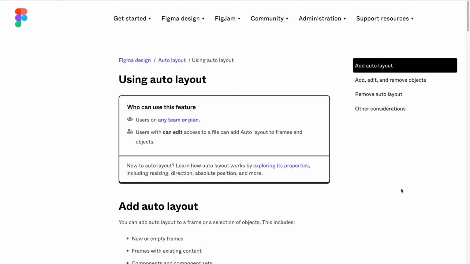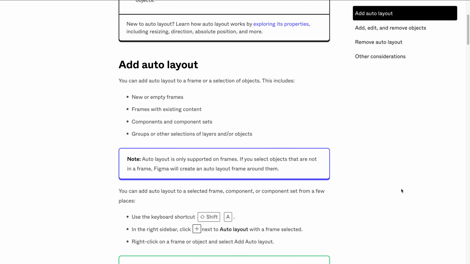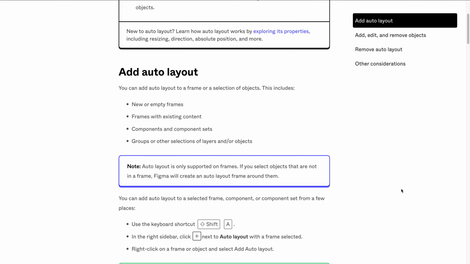In Figma, auto layout is something anybody can use, and you can learn how it works by exploring its properties, including resizing, direction, absolute positioning, and more. So we're going to have 4 sections here. One is adding the auto layout, the other is add, edit, and remove objects, then removing the auto layout, and